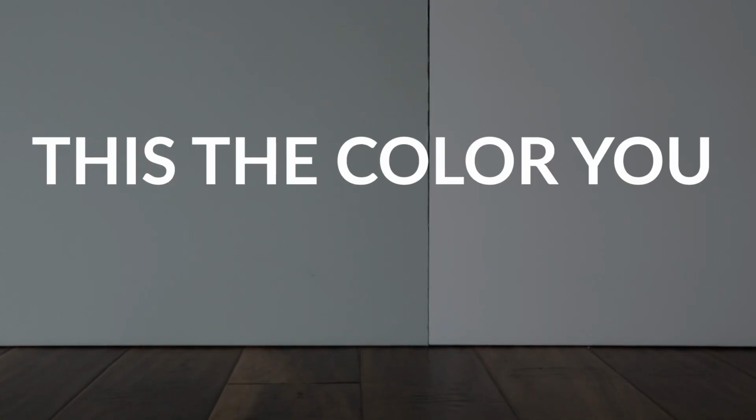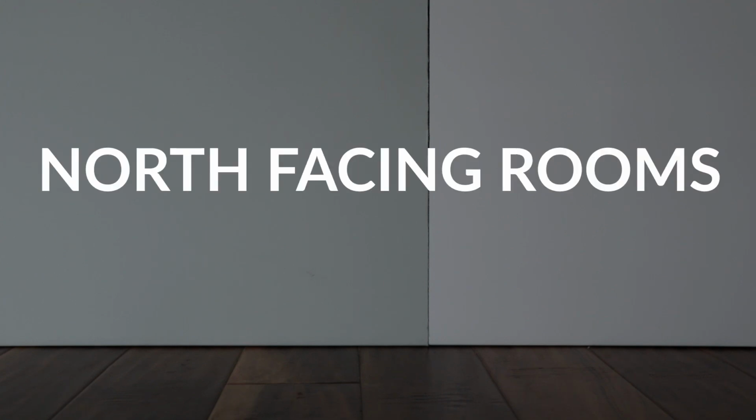So having said that, this is the color you should be expecting to see for your north-facing rooms. West-facing rooms are the areas of your home where you're going to experience the most changes of colors,